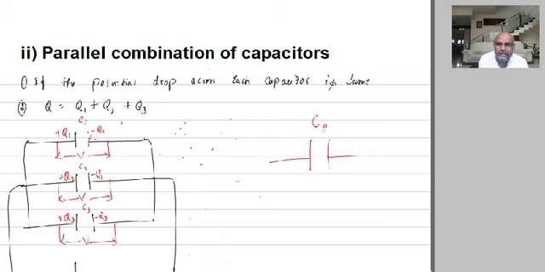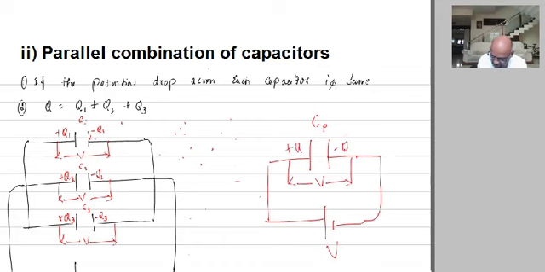This is Cp, capacitance in parallel, effective capacitance in parallel. Or this is a single capacitor which effectively replaces all the three capacitors connected in parallel, and now that is connected to a battery here. Battery V volt, here the potential drop is also V volt and the charge here is plus Q and the charge here is minus Q. The total charge, that's it.